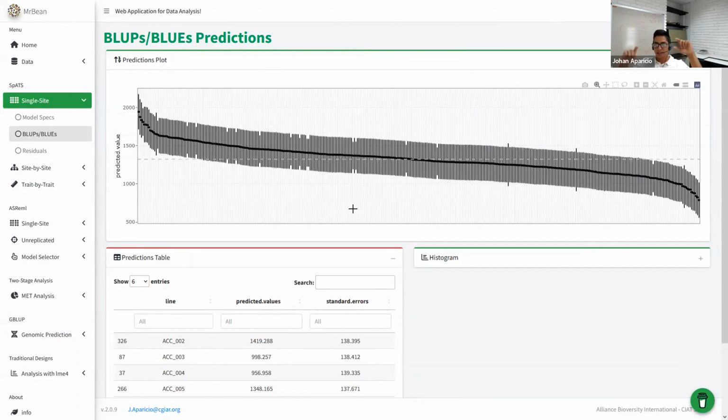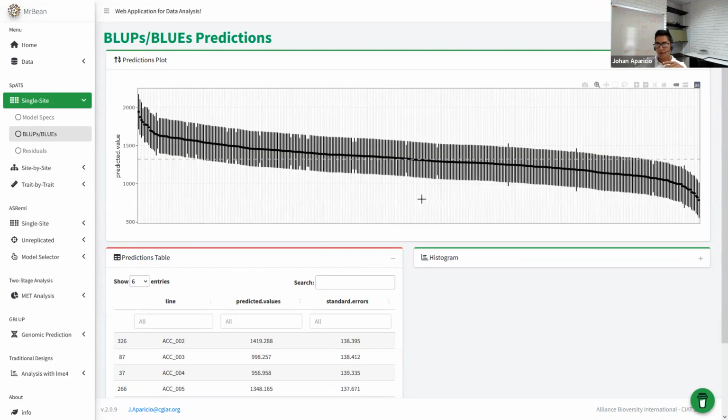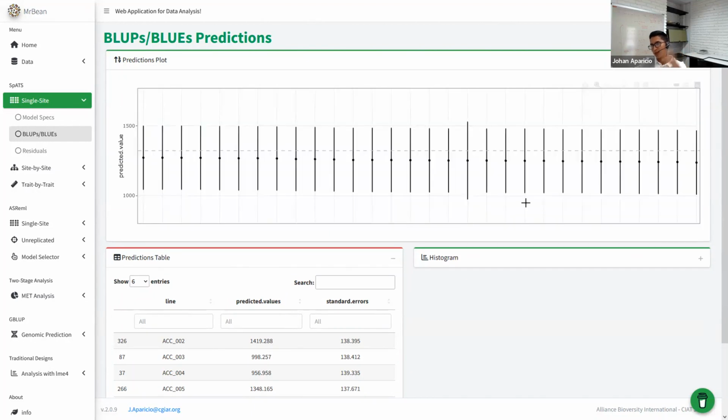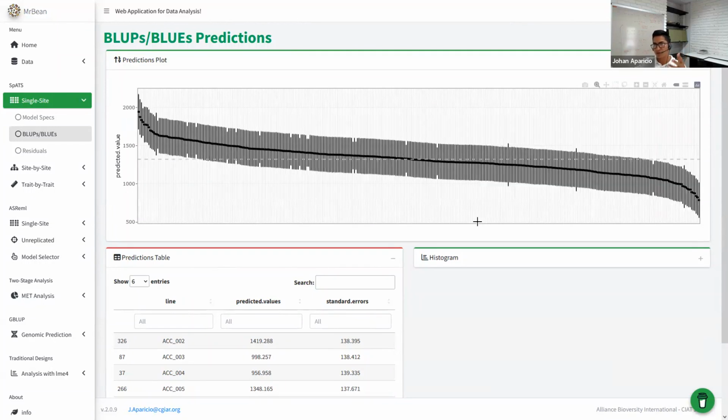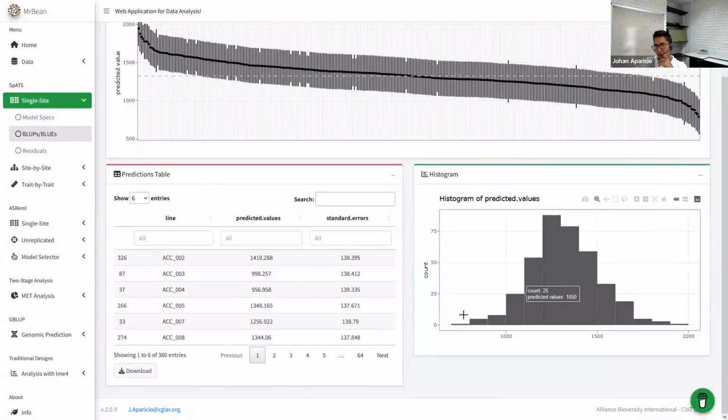And you see that the standard error changes a little bit depending on the genotypes. This is because if we have more replicates, we are going to have a lower standard error, and the other way around. So this one, because it probably has missing values, is going to have higher standard errors. Here is again the table with the predicted values and the standard error, and this is just the histogram of